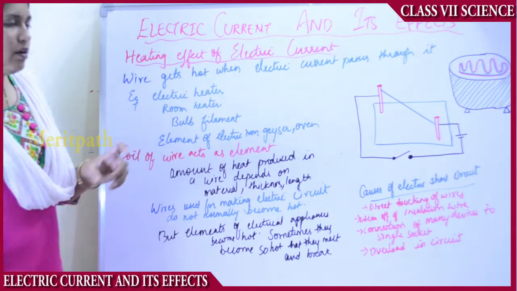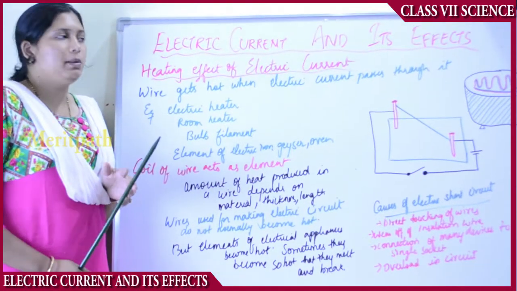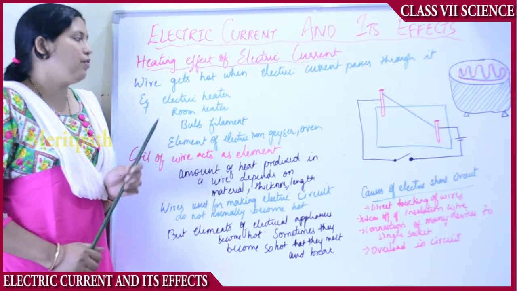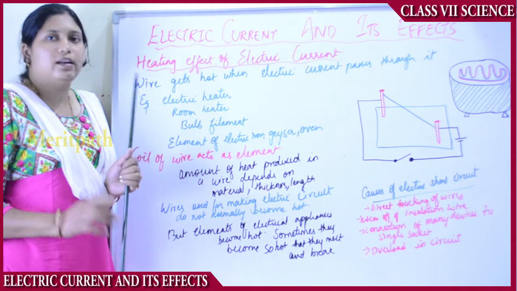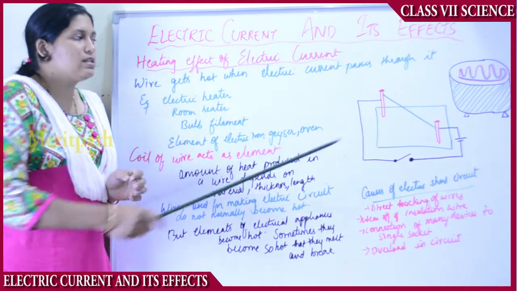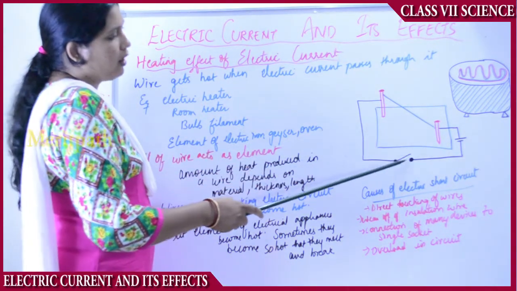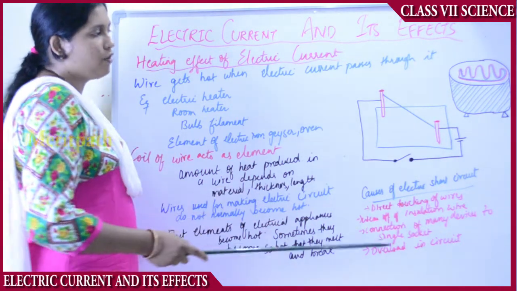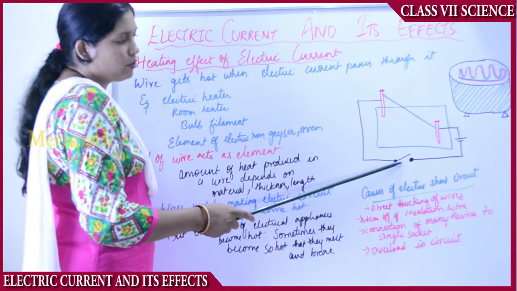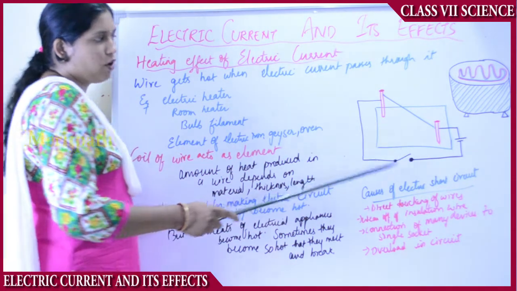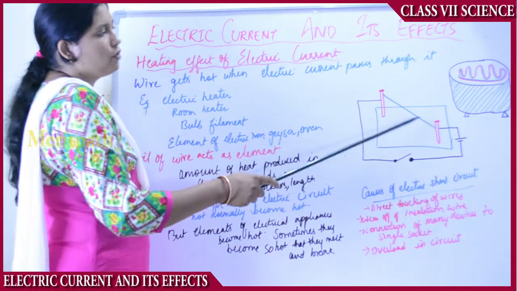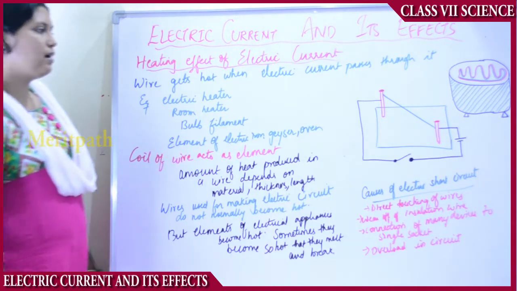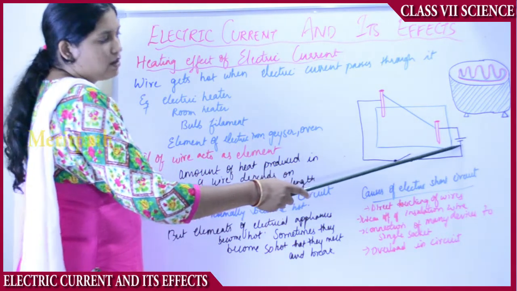If any electric circuit is there, there will be wire, there will be bulbs, and there will be two terminals of a battery, etc. When electric current passes through any wire, it gets hot. Suppose this is a nickel chromium wire we have taken here, and the switch is in off position, that is, there is no flow of electricity. If the switch is in on position, then what happens? The current flows. Here we have taken a 10 cm nickel chromium wire and we have passed electricity with the help of a battery or a cell.